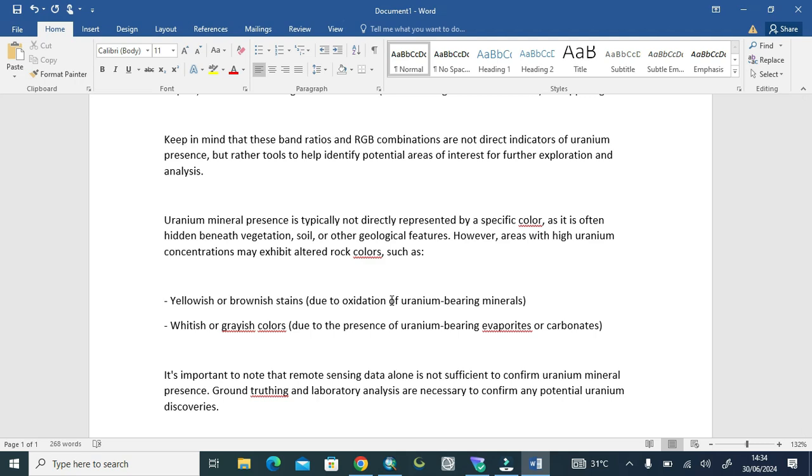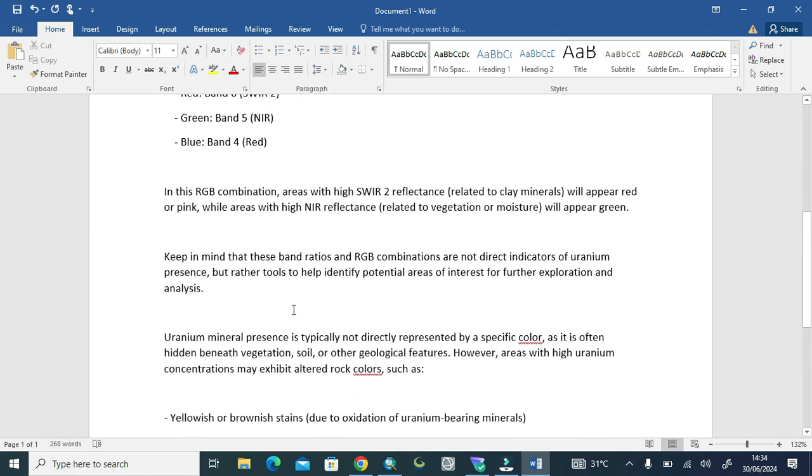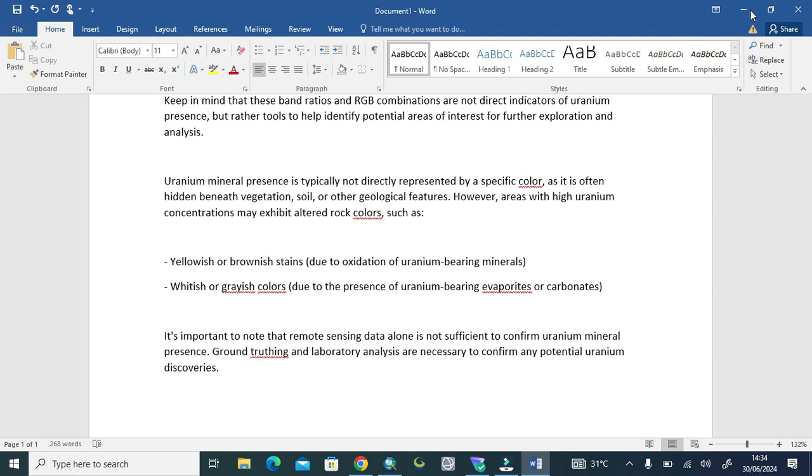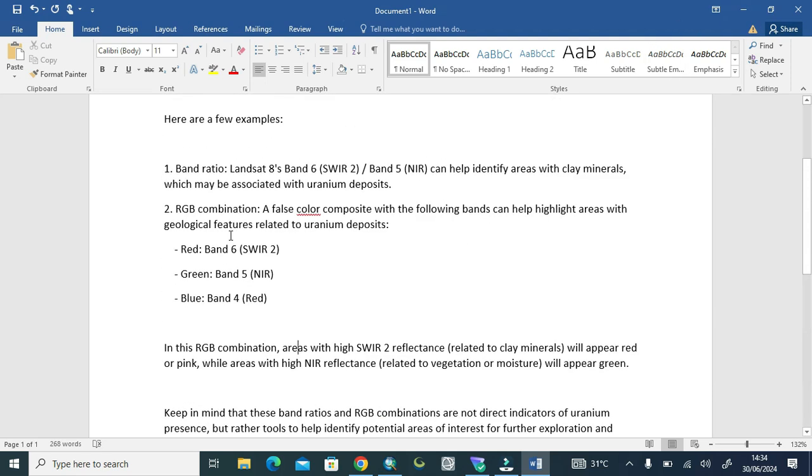So viewers, as you can see now, it's yellowish to brownish color for this oxidized uranium, and whitish to greenish for carbonate uranium.